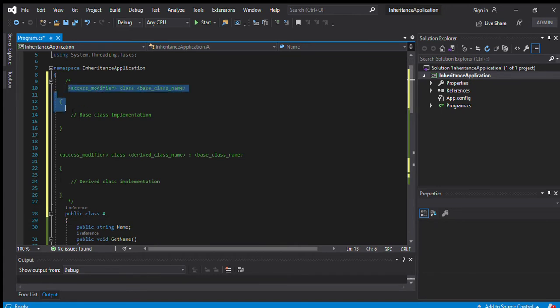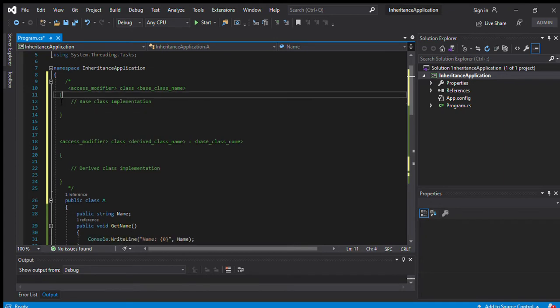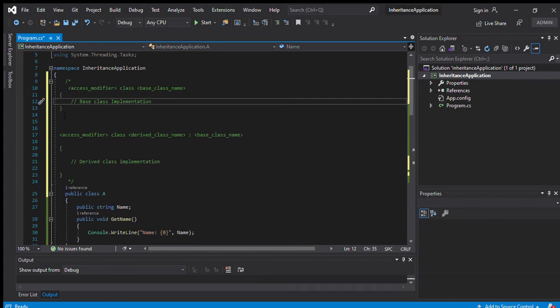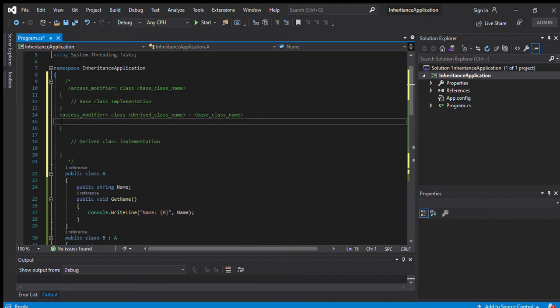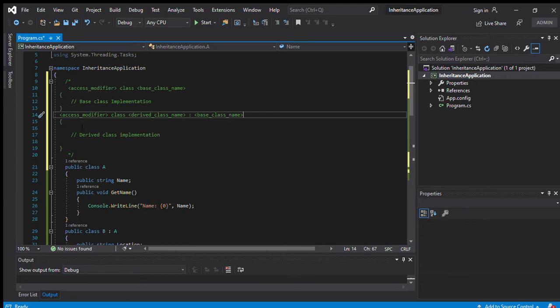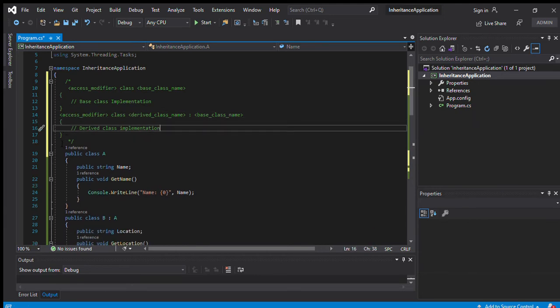First is the base class name, and the base class is derived into the child class. Here is the syntax for declaring the inheritance concept.